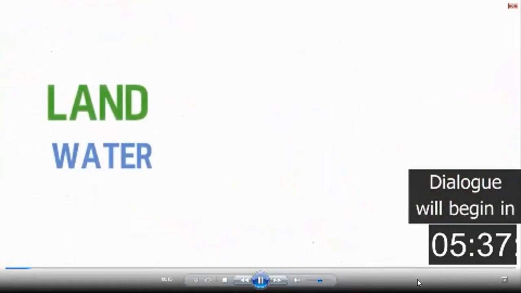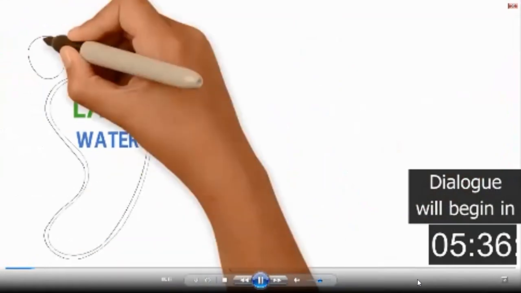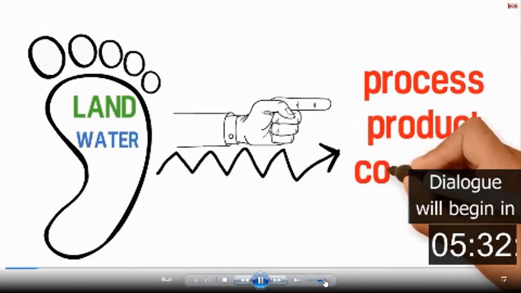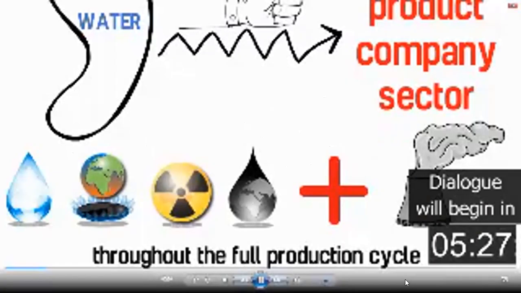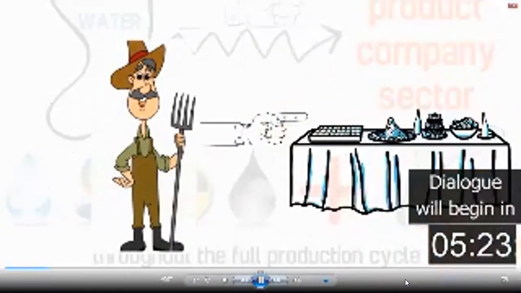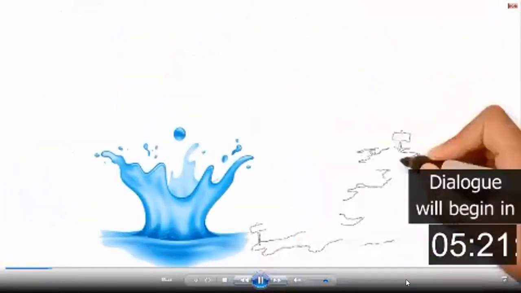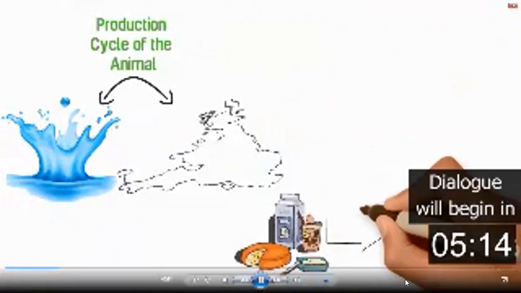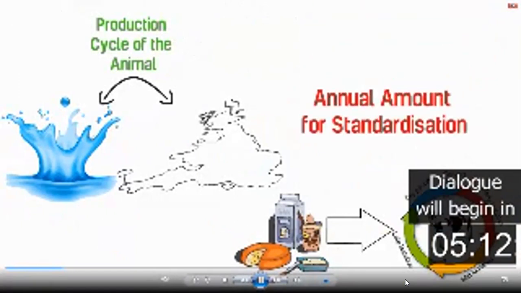Land and water footprints look at both direct and indirect water and land use of a process, product, company, or sector, and include resource consumption and pollution throughout the full production cycle, from farmer to the tables of consumers. The water and land use are assessed over the production cycle of the animal. For dairy, this is over the lactation cycle of a cow and is then expressed as the annual amount for